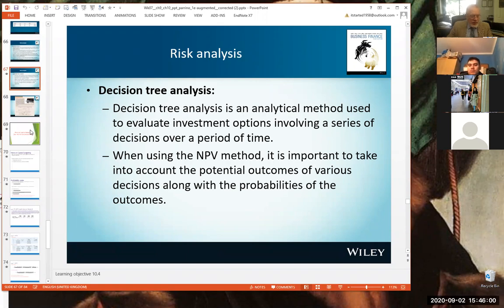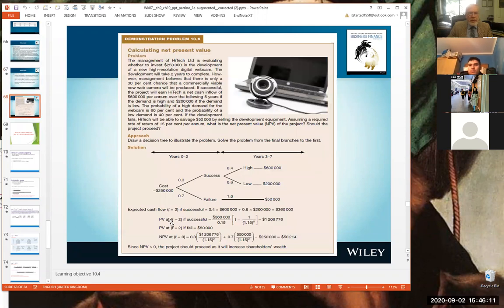Decision tree analysis basically looks through each of the possible outcomes by breaking it up into a set of decision points. Let's look at that. Actually, set out an example. Okay, what we might have is an example here. The example is a bit of new software being developed, not software, hardware.